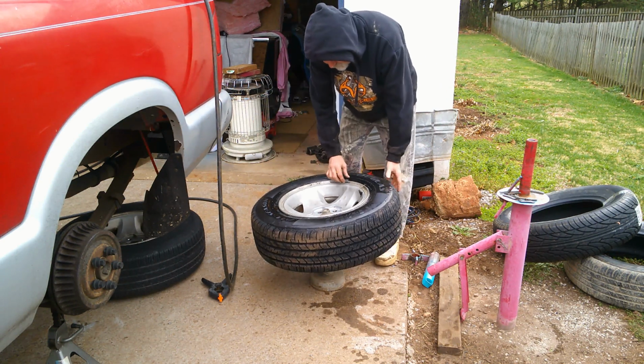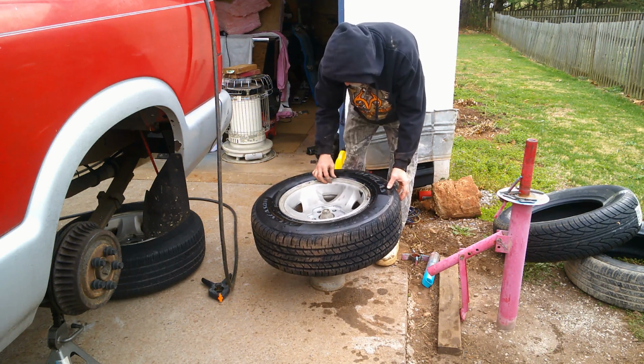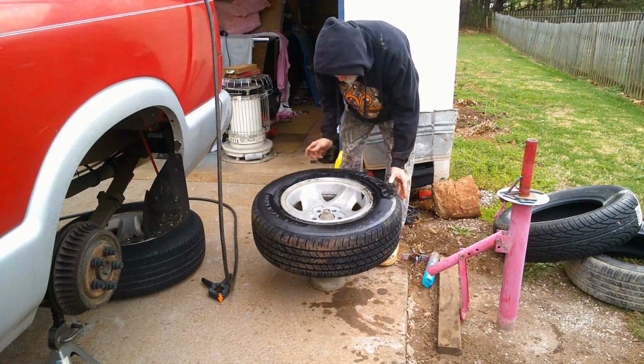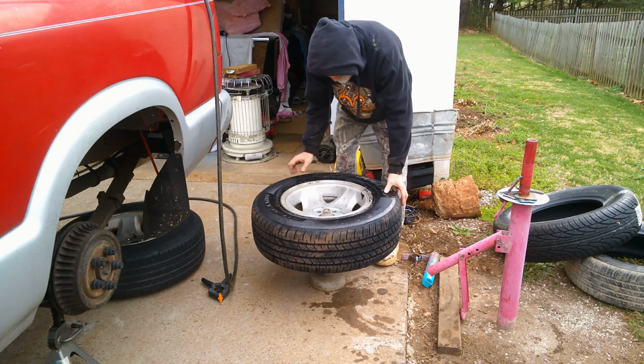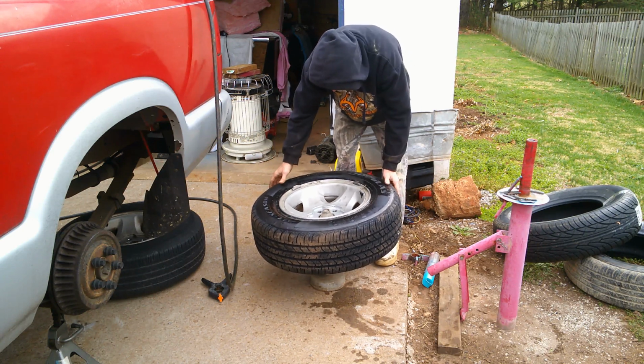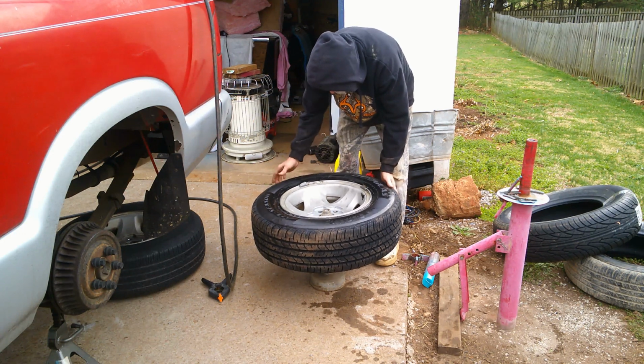See, then if I... This is the tricky part. Because now it wants it over here. But then it rolls that way. Like it's off in two places. Which could be. I've had it before where I had to...